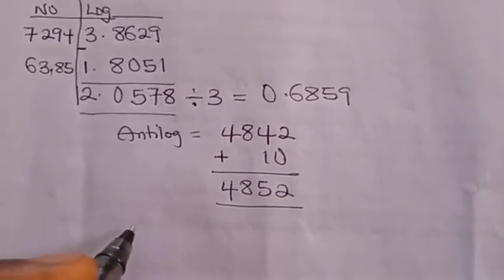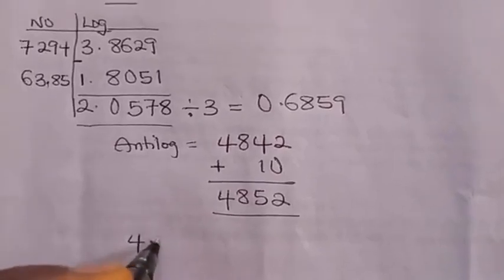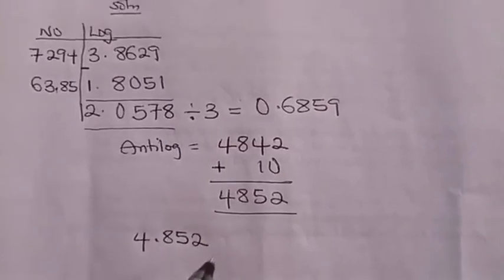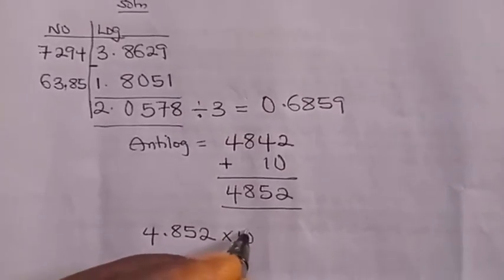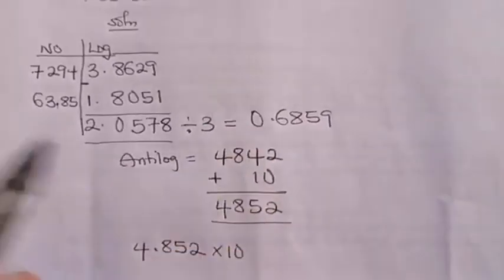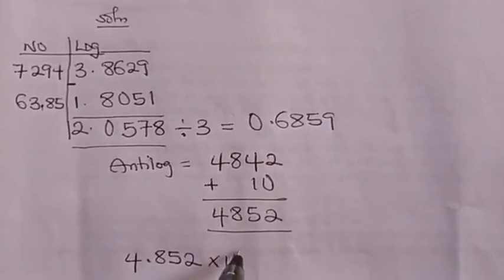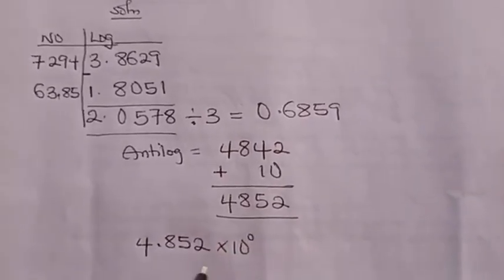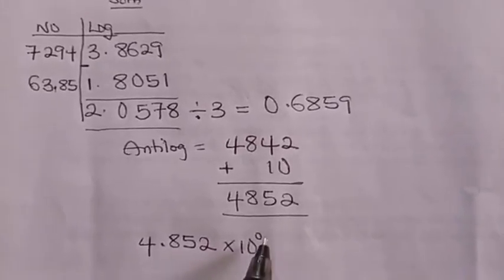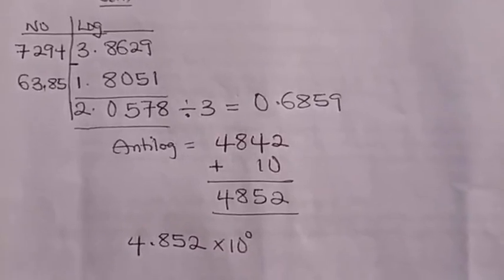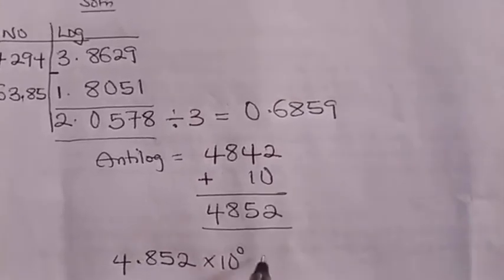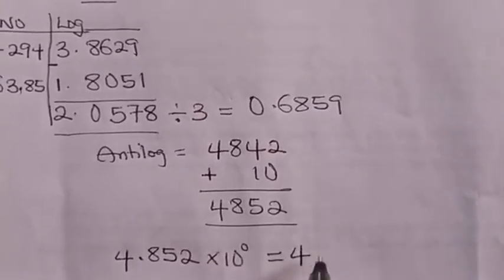Expressing this in standard form, simply we have 4.852 multiplied by 10 raised to the power of the characteristic here, and the characteristic here is equal to 0. And from indices, any number raised to the power of 0 is equal to 1. So 10 raised to power 0, we have 1. 1 times 4.852 gives us